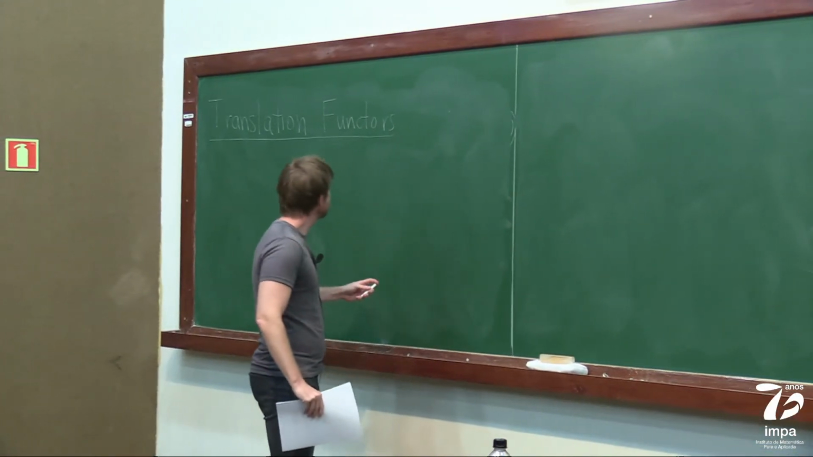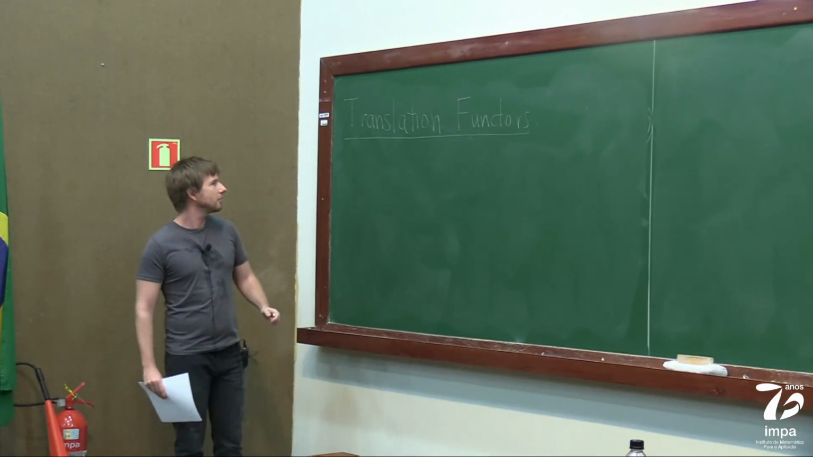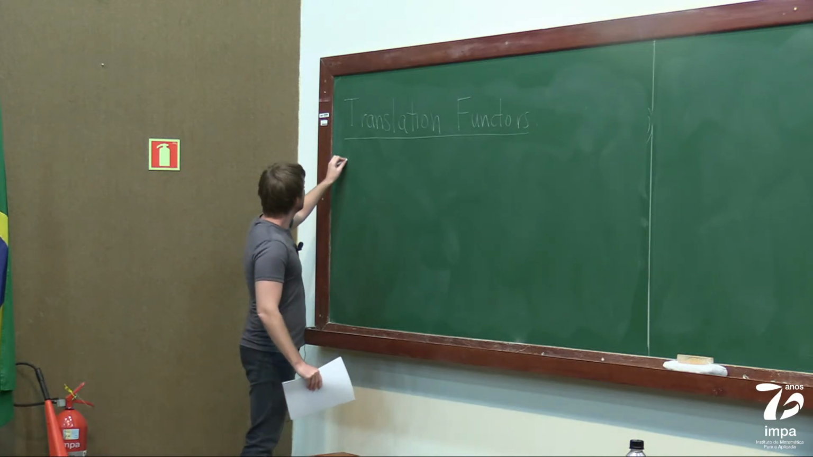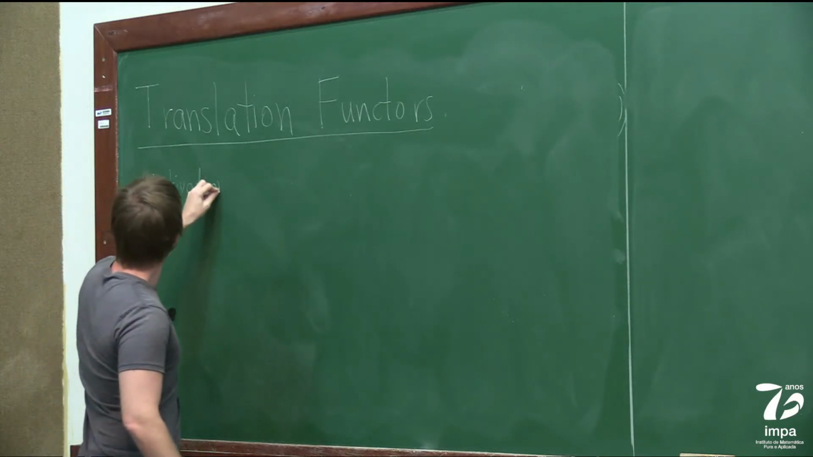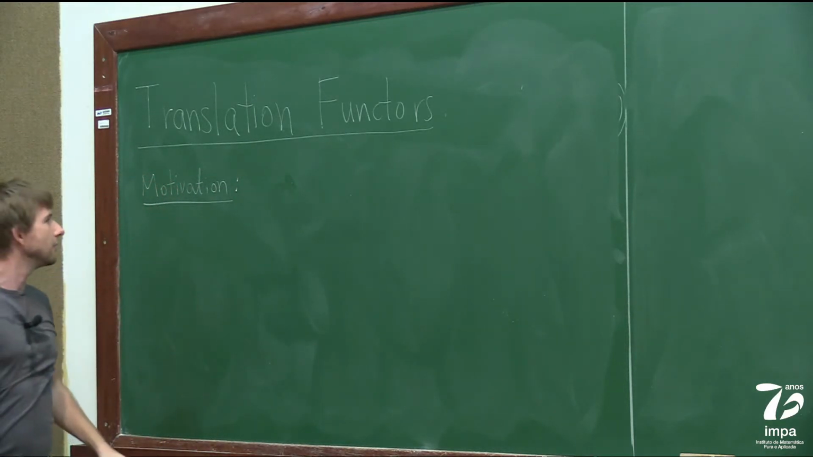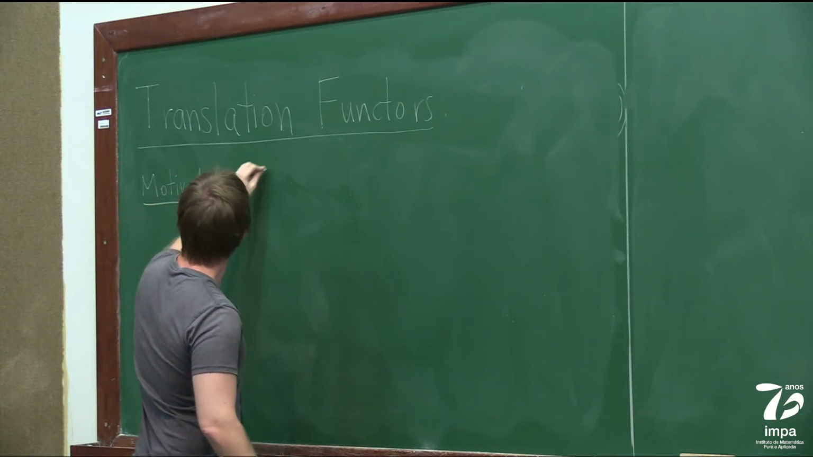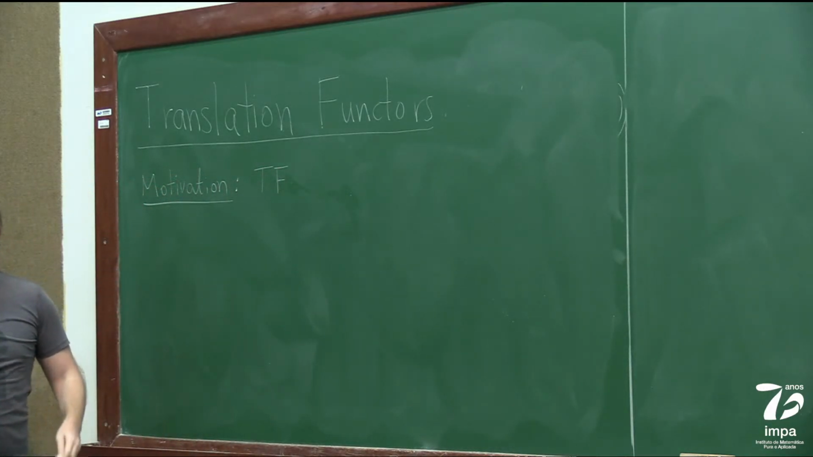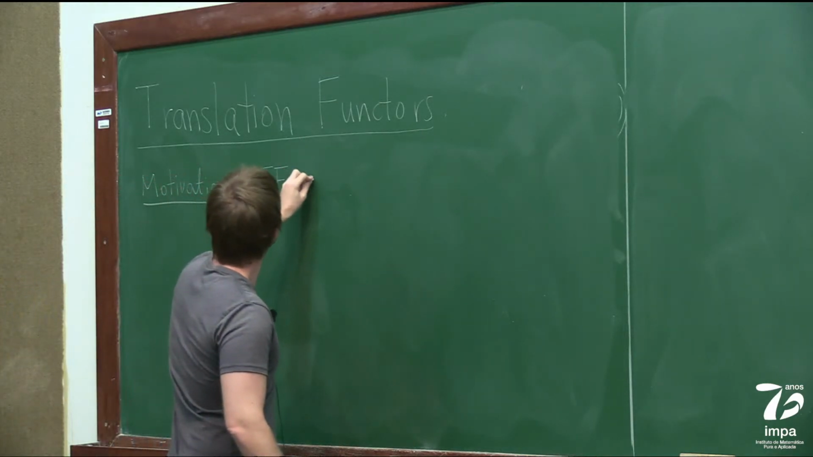I'll start by saying it's not going to be a research talk at all, though the motivation comes from some research problems I'm working on at the moment. The point is basically I need to understand this notion called translation functors, which is an important notion in Lie algebras in the context